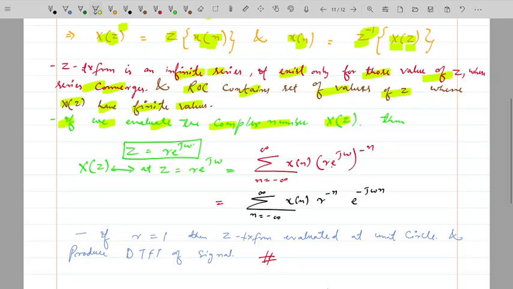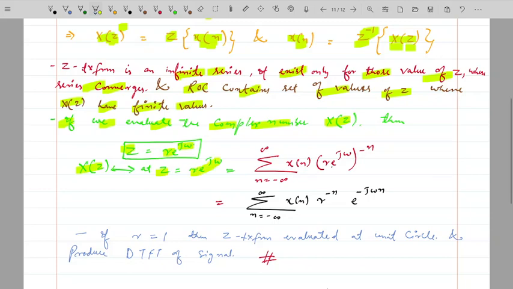Here z is a complex number, and the value of z is equal to r e raised to power j omega. r represents the real part, and e raised to power j omega represents the imaginary part. So X of z at z equal to r e raised to power j omega is equal to